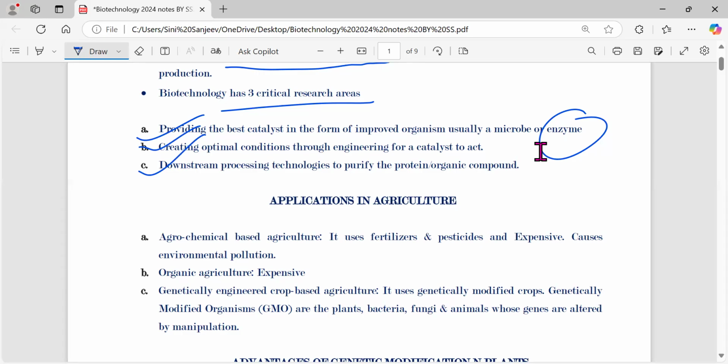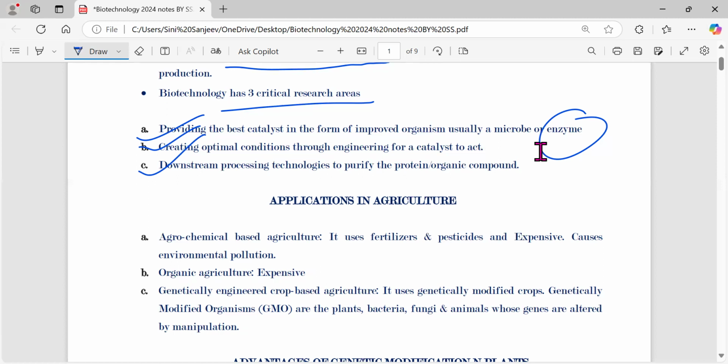So here biotechnology plays a role. Even though it's a one-time investment, the products they get will give them more outcome compared to the basic resources like pesticides that they were using. Plus, pesticides also cause